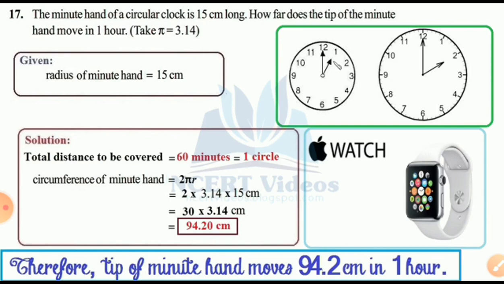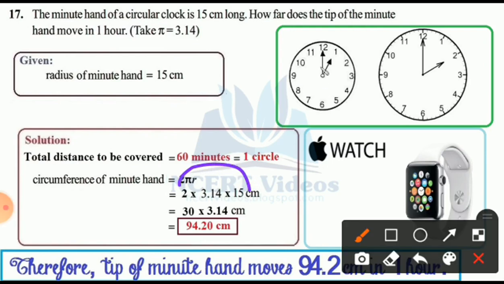Yes. So now the total distance covered in the hour is one circle. 60 minutes is done, beta. How much is 1 hour? 60 minutes. That is one full circle. Circumference of the minute hand is equal to 2 pi r. R is already there, 15. Yes. So here you can take 3.14. 2 into 15 gives you 30. See students, here I am taking both of these. 2 into 15 gives me 30. And then 3.14. Easy? 314 multiplied by 30. Easy?